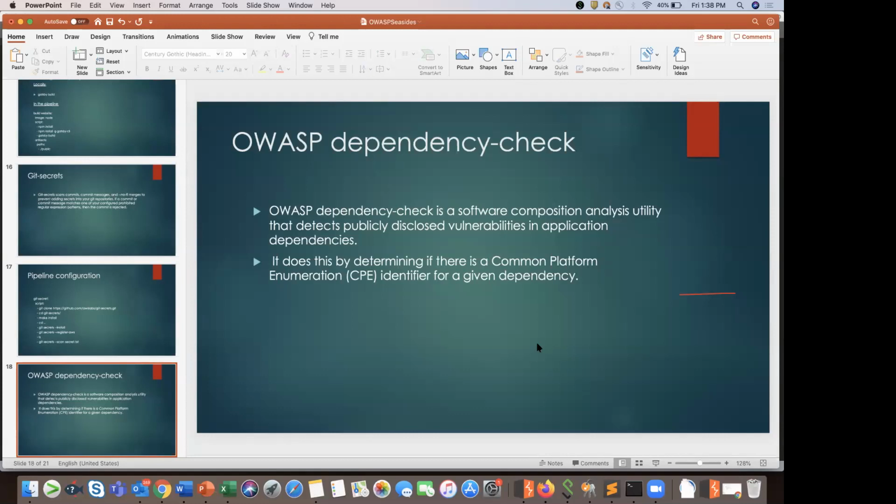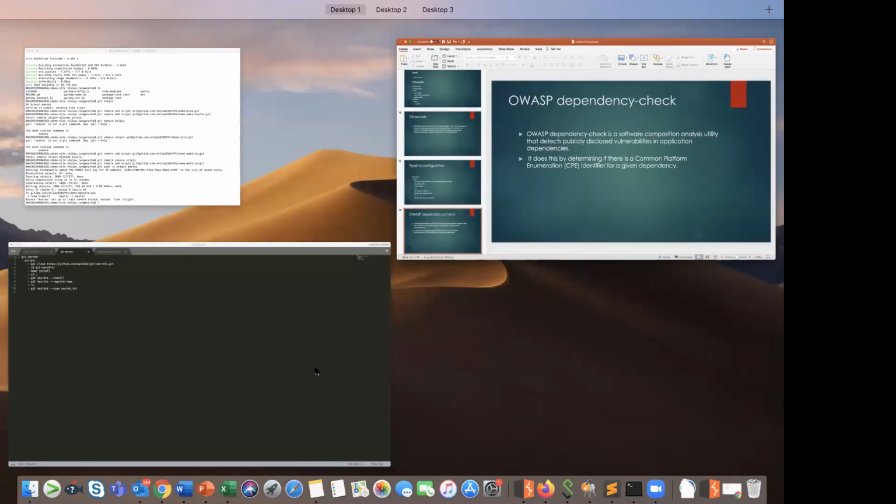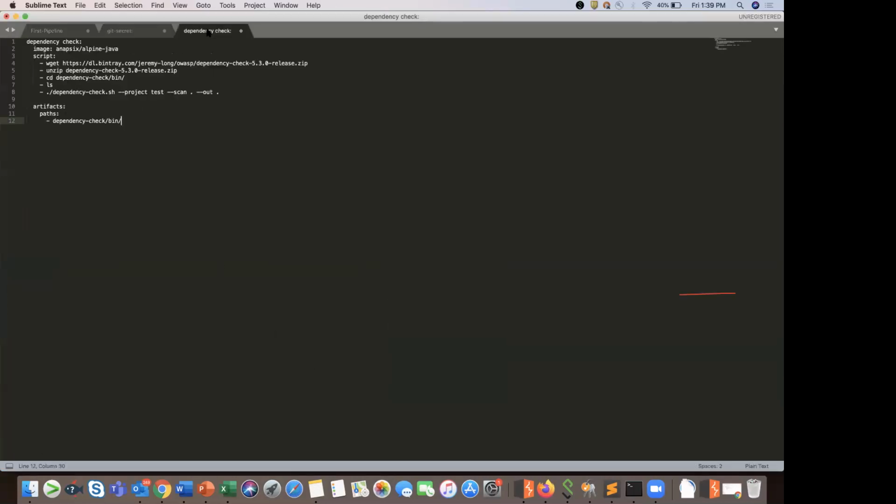Because it can make use of certain libraries, certain plugins which are open source, which might also be vulnerable. So all this data is fetched from the publicly available CVE database. It's going to compare and match with the present vulnerabilities and list out whatever vulnerabilities have been detected in our code base, right? So again, let's move on to the configuration file for the same.